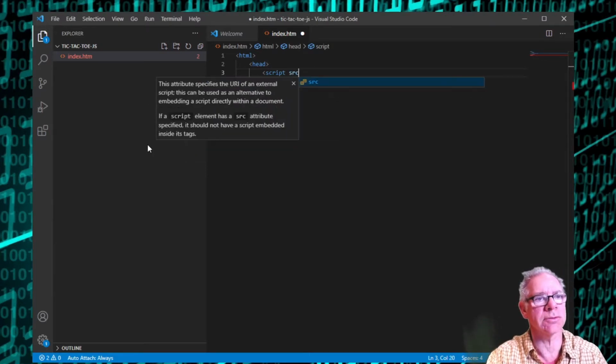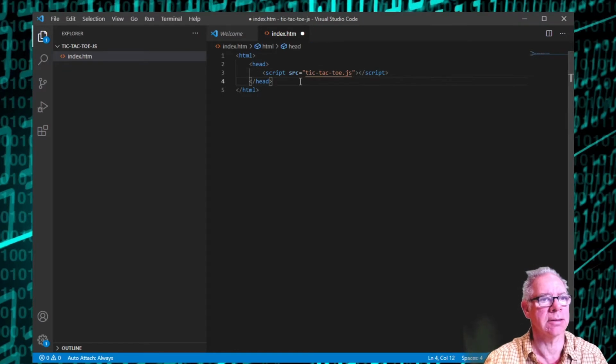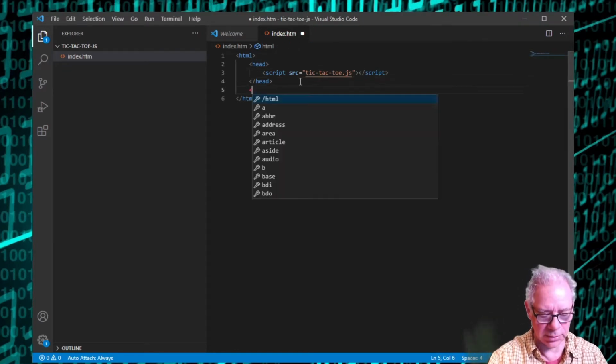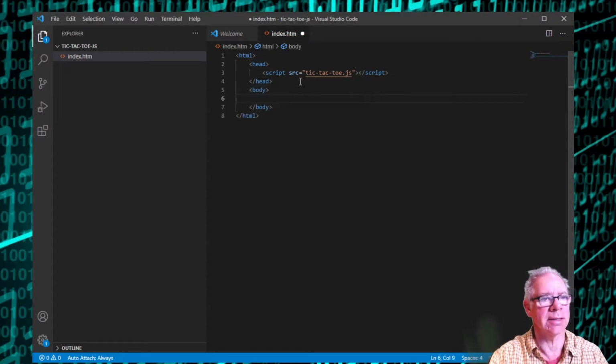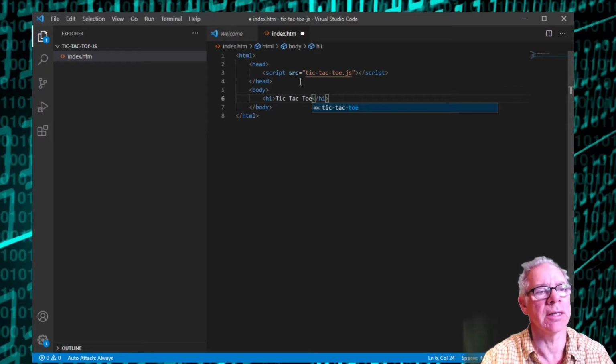So it's source, it's going to be tic-tac-toe.js, and that is it. And then a body tag in here, and we're just going to write a big title that just says tic-tac-toe. Okay,